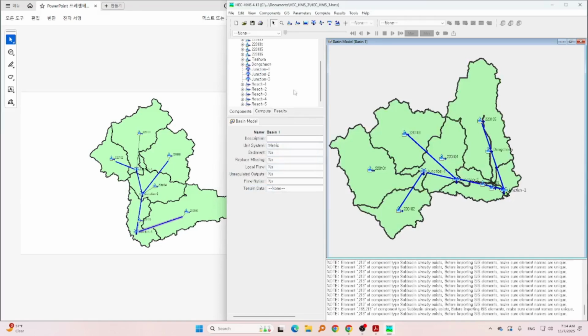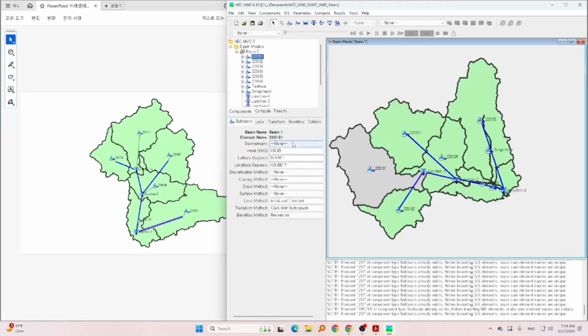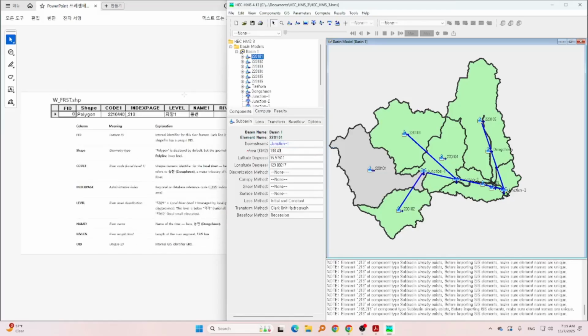Yeah, so let's just have that. Now it looks like the figure on the left. So from 220101, we have to connect it to downstream junction 1. And then for the area, the area is already here, because